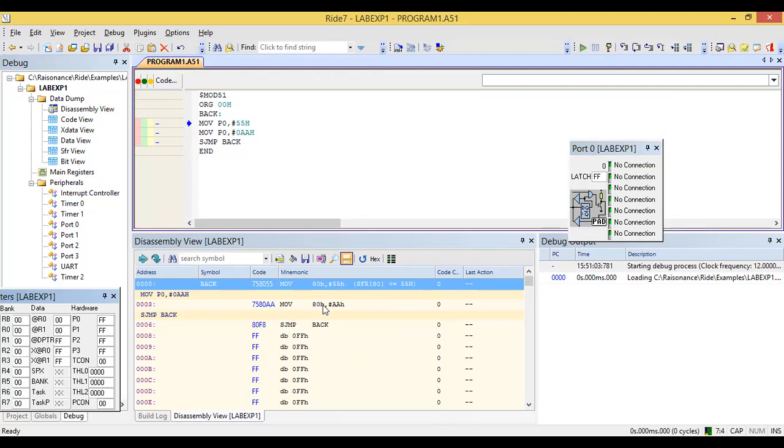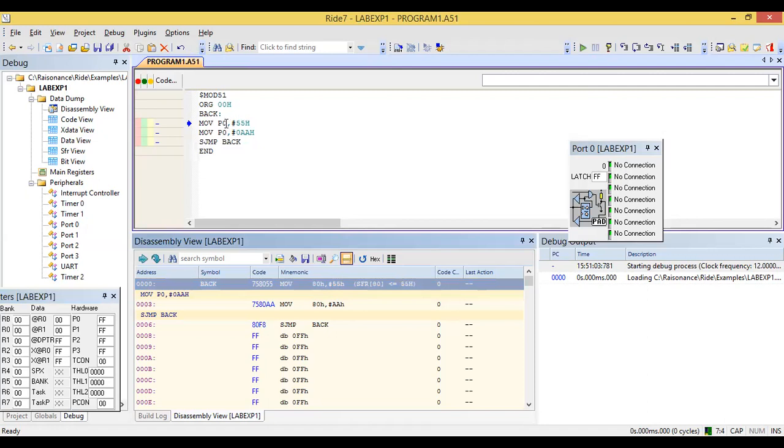It is MOV 80h, #55h. Initially we wrote MOV P0, #55h, but the assembler converted it into hex code, that is 758055 for the instruction MOV 80h, #55h.